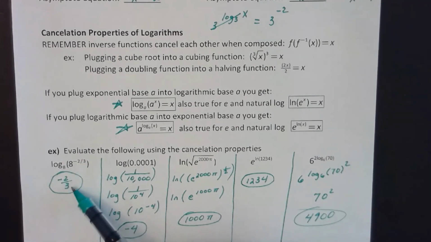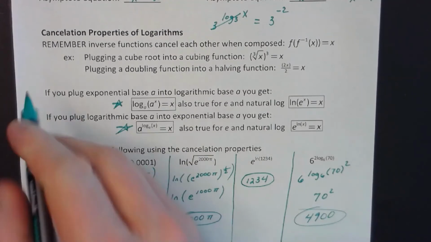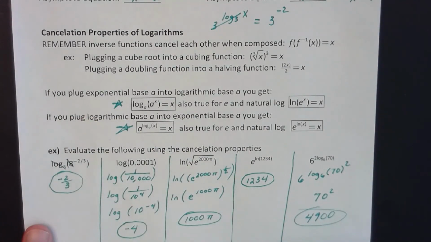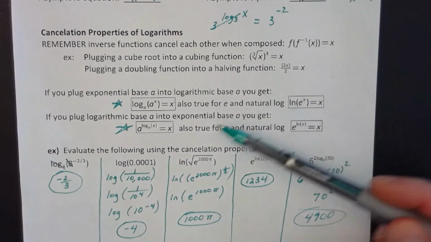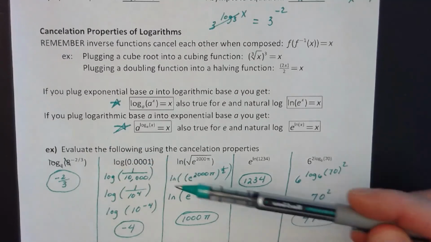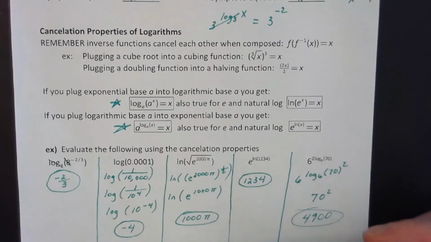Obviously, it's the negative 2/3 power. Or you can also think of log base 8, exponential base 8, eliminate, and you get the negative 2/3 that way. Now the next one, remember, that's our common log, so there's an understood base 10 there. So this is asking log base 10 of